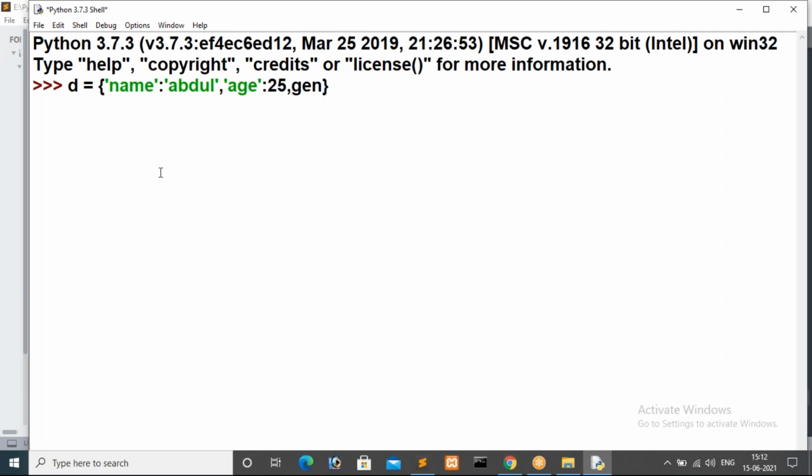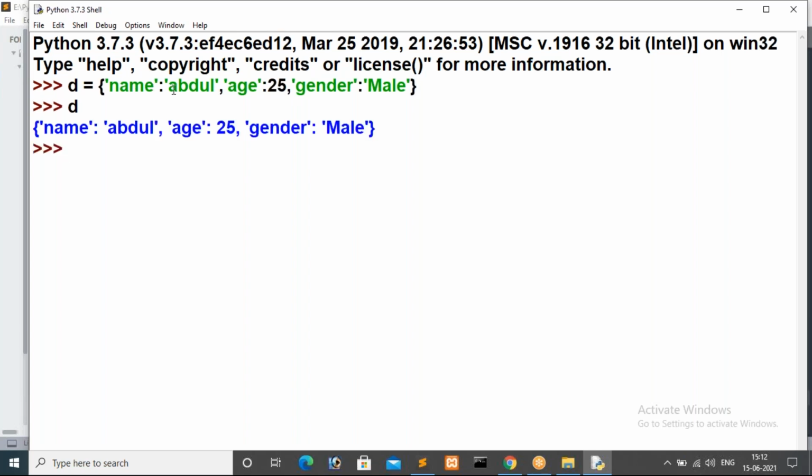Then gender is also a key, so we have to keep gender within quotations, colon, and the string value male I'm giving. Now I have three different keys inside my dictionary, guys. Those are name, age and gender.